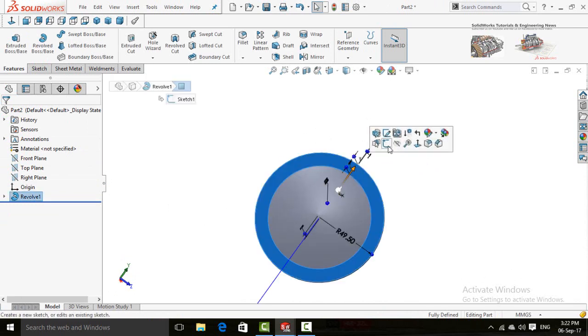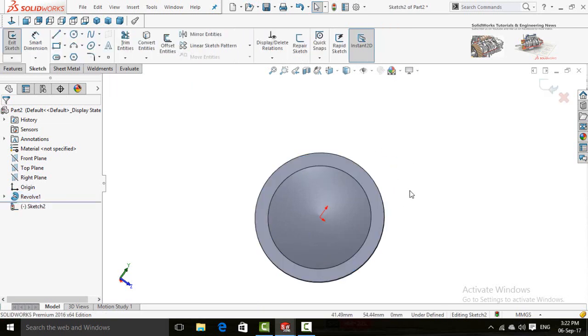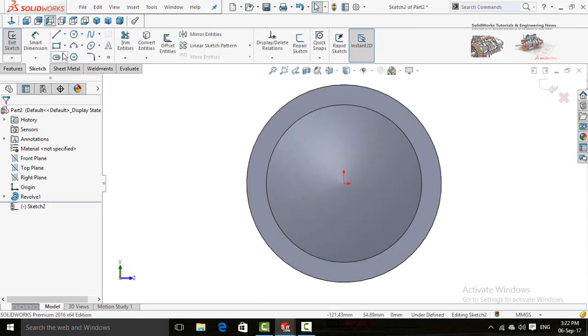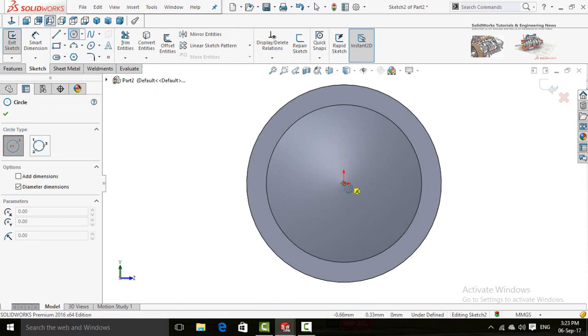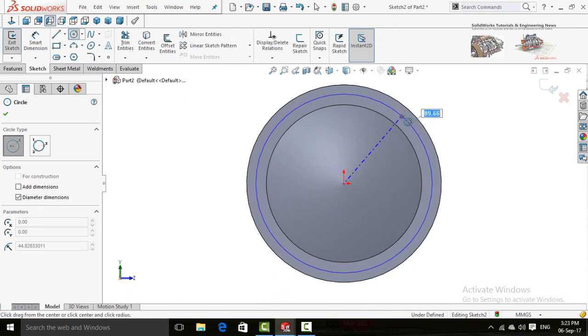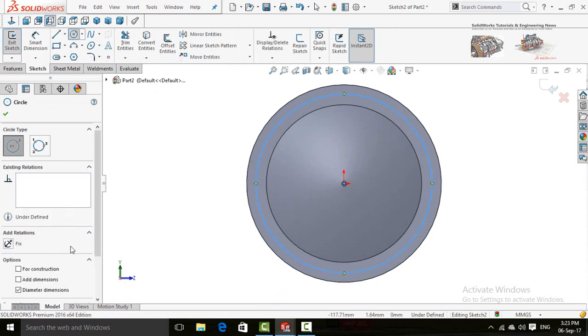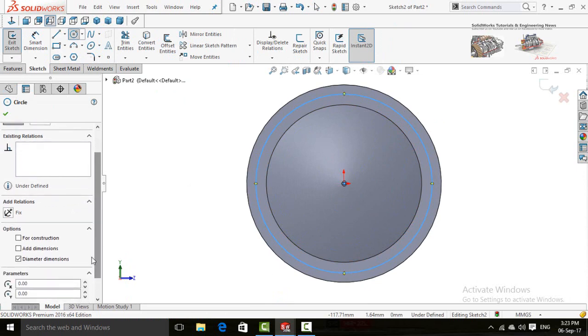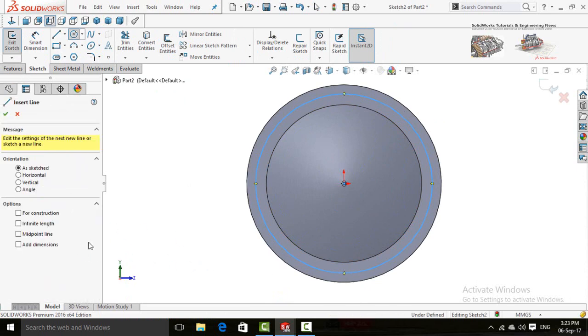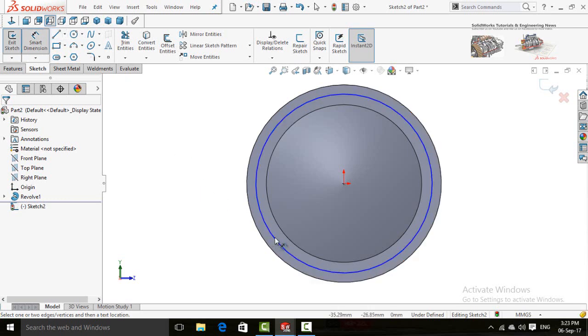Now click on this face and sketch, make normal to and draw a circle from origin. Now define it